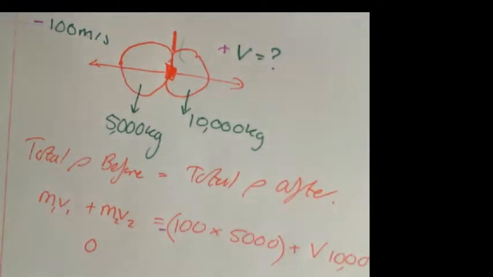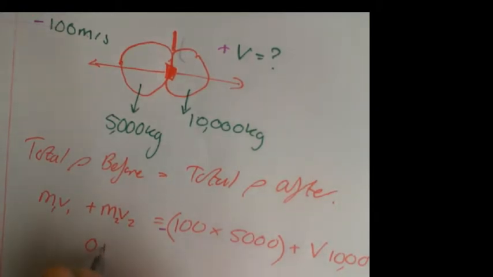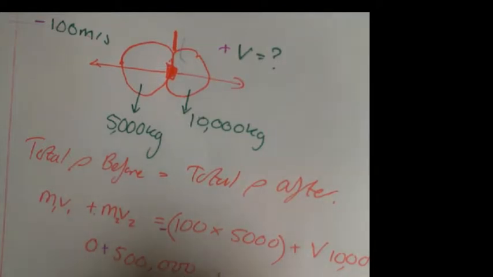Okay, so now I need to rearrange that to get V. So I'm going to move this to the other side. So I'm going to add this amount to both sides. Remember, it's add because it was a negative on this side, so it must be a positive on this side. And that's going to be 500,000. And that equals V times 10,000. Then I'll take this 10,000 to the bottom. Cancel out my zeros, so I'm left with 50